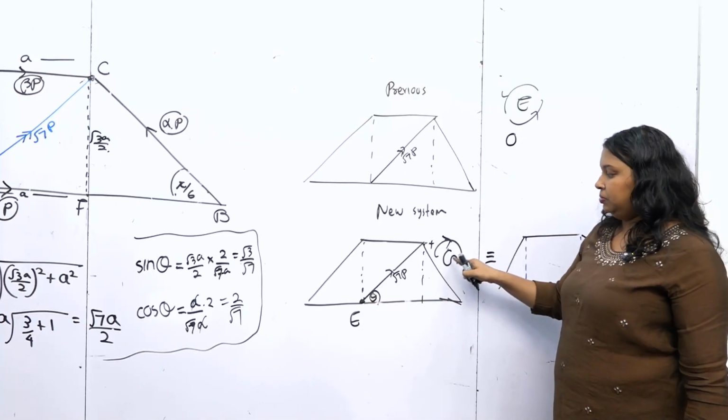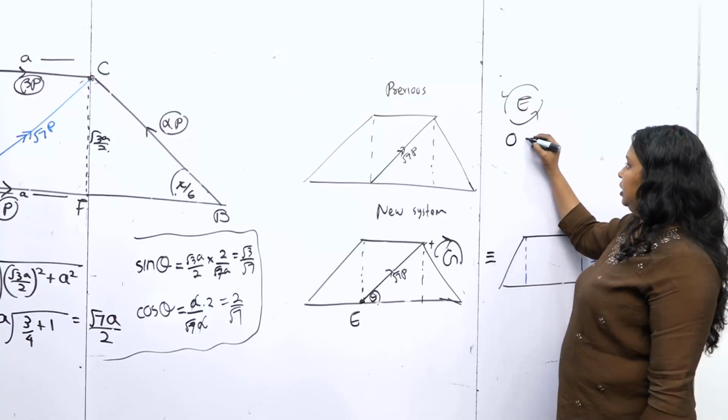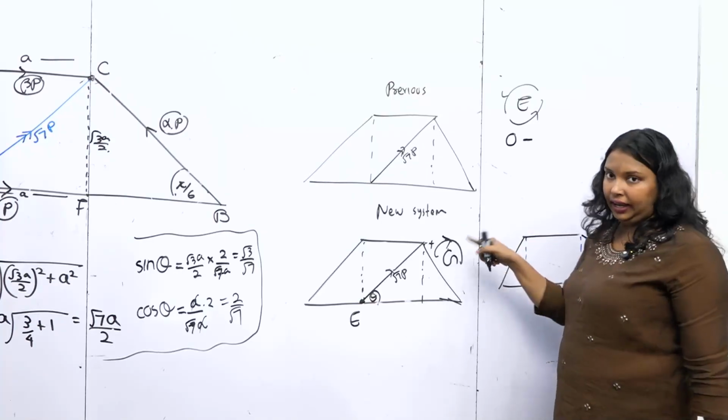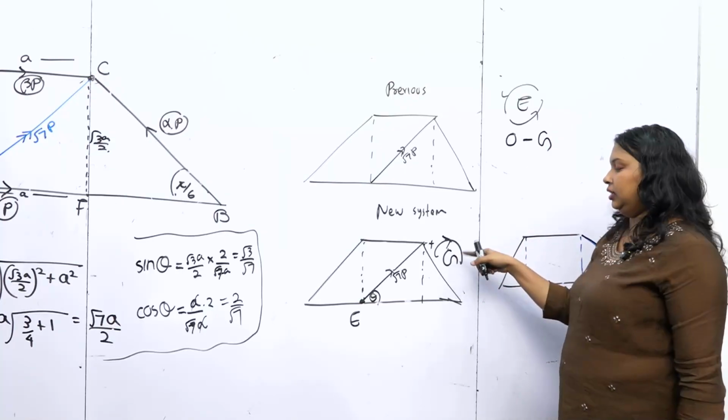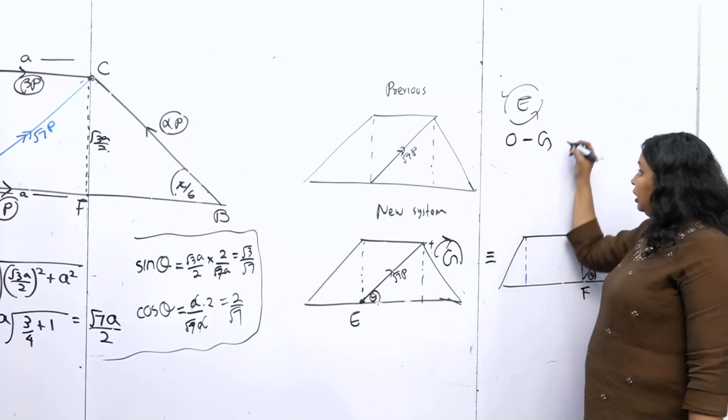Moments from G around E is, according to the way that I have drawn it, minus g. If I drew it the other way, I would put plus g. Equals to